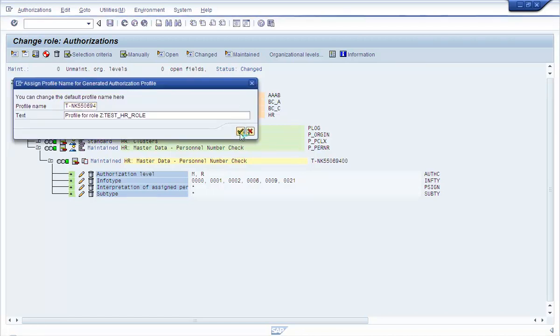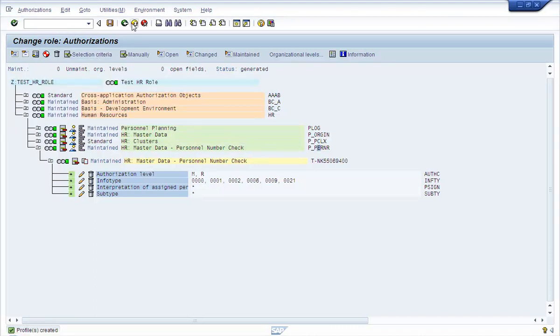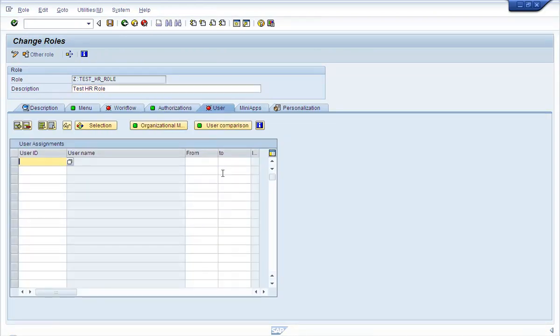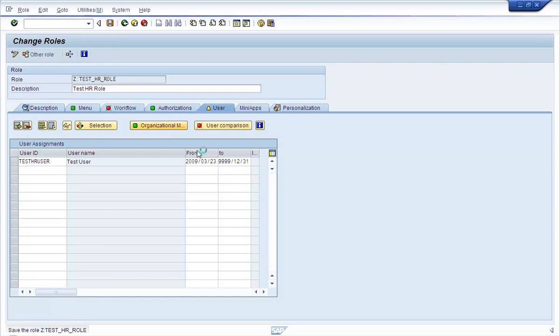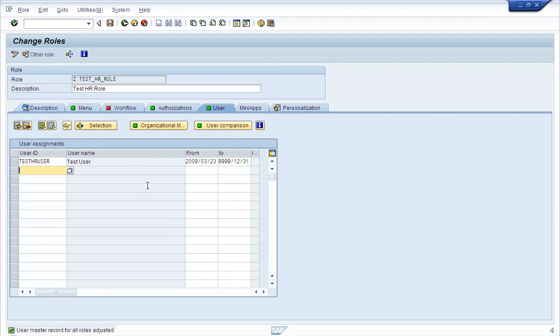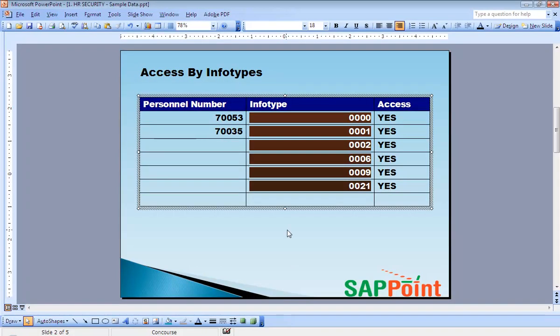Once the objects are maintained, let's go and generate the role and then assign the role to the user. Now what we'll do is we'll log in with this user ID and see whether the user has access to all these info types.